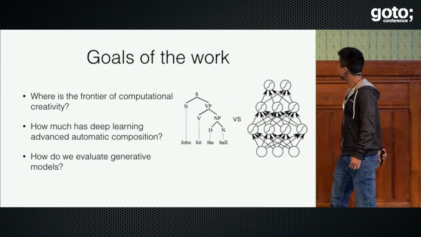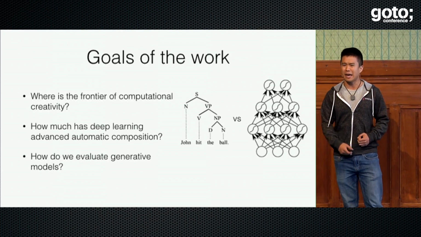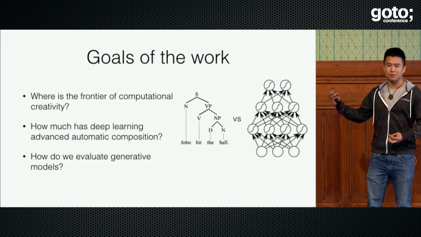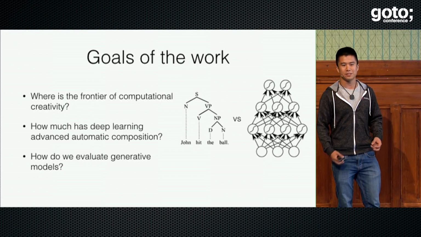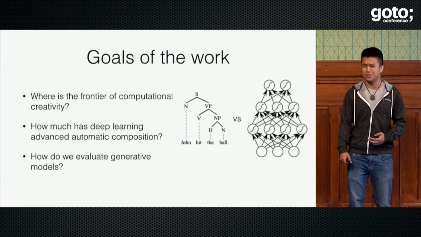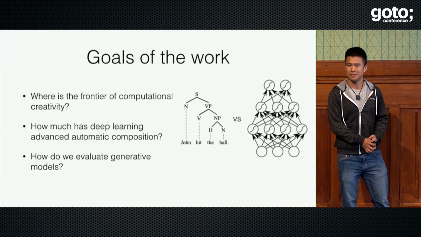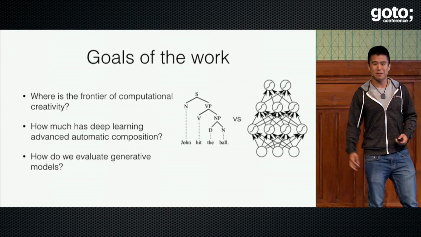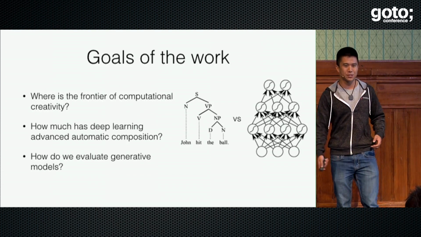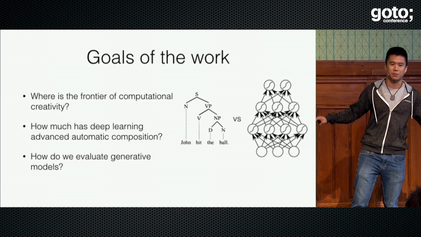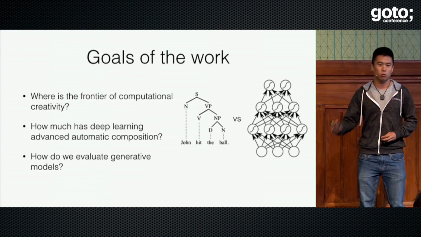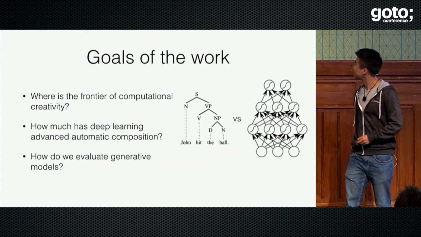And finally, the last question I wanted to look at is, how do we evaluate these generative models? I mean, we've seen in the previous talk, a lot of models, they generate art, we look at it, and as the author, we say, oh, that's convincing, oh, that's beautiful. And great, that might be a perfectly valid use case, but it's not sufficient for publication. To publish something, we need to establish a standardized benchmark, and we need to be able to evaluate all of our models on it so we can objectively say which model is better than the other.